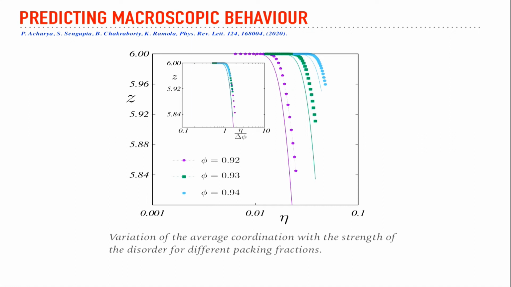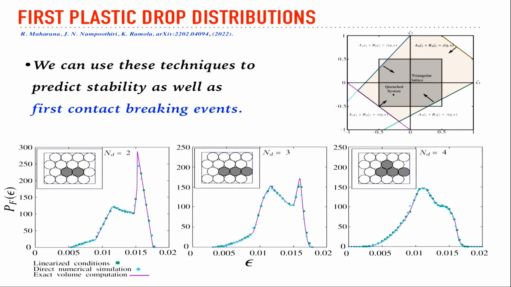So here's some prediction just from some mean field theory for what the number of contacts would look like, but the actual answer in the system is slightly different, and we have been investigating that recently. And I will finish this talk with a particular example that you can use such techniques for. So what you can do is try to understand the stability of these crystalline systems